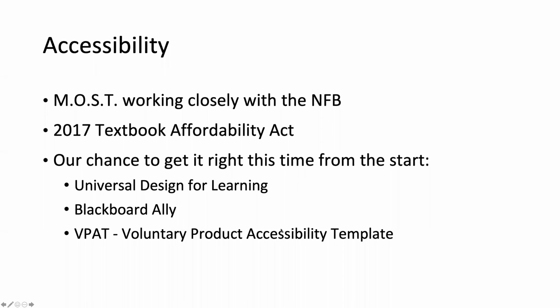Okay, so watching my time here, I wanted to also note, as the 3 of us have been talking about the future of OER, another thing that comes to mind, of course, is accessibility. The 2017 Textbook Affordability Act out of the Maryland legislature was very clear that as we are thinking about OER, they should be both openly licensed and fully accessible. Because, as the slide says, this is our chance to get it right this time from the start, instead of being reactionary, being proactive about the ways in which we're thinking about accessibility.